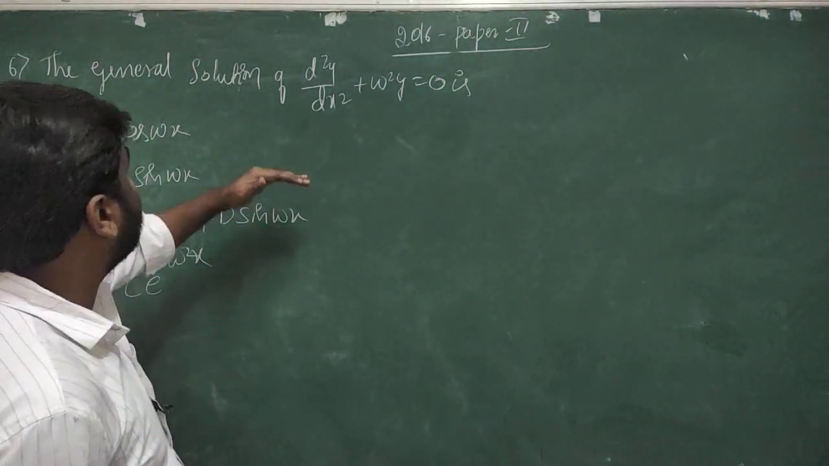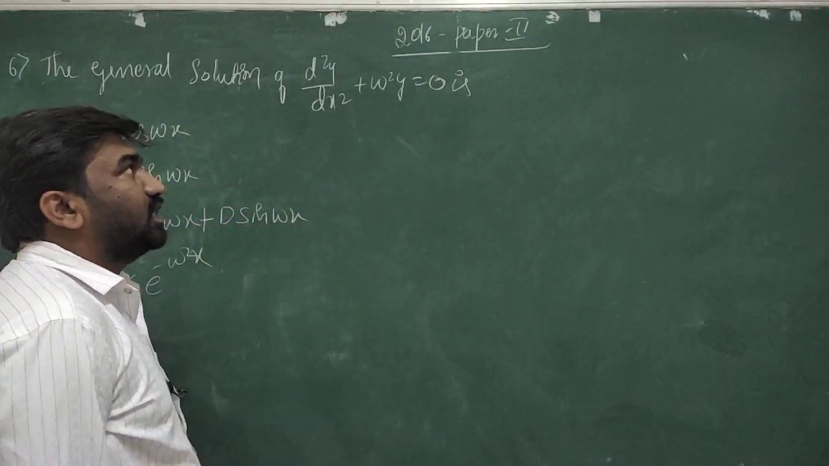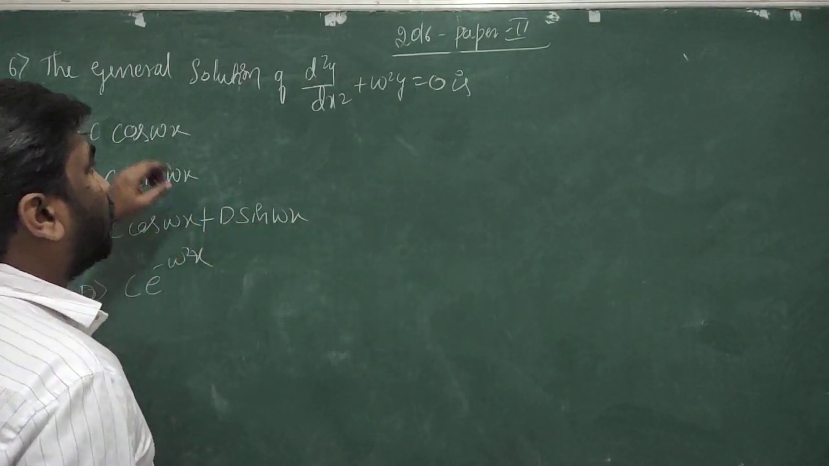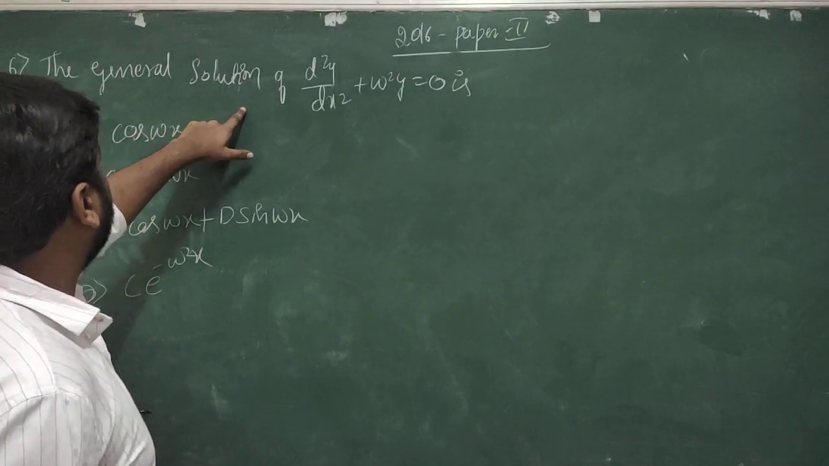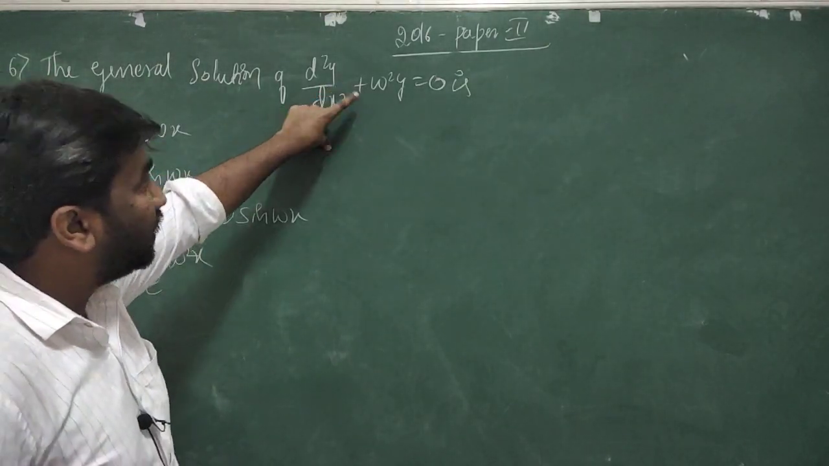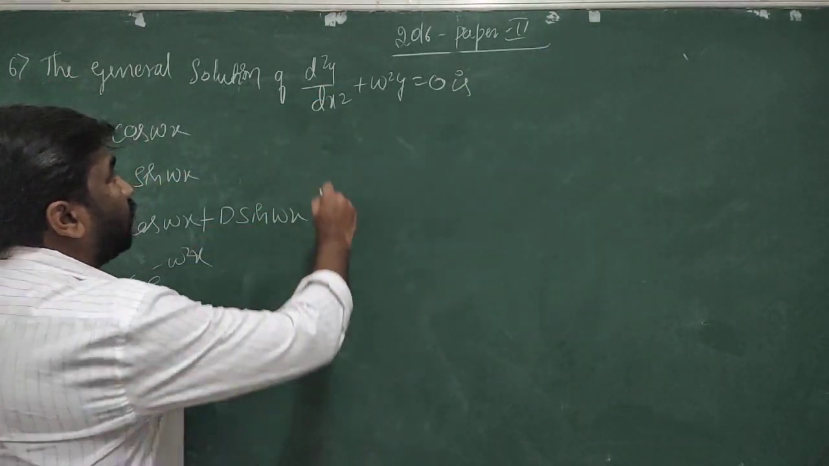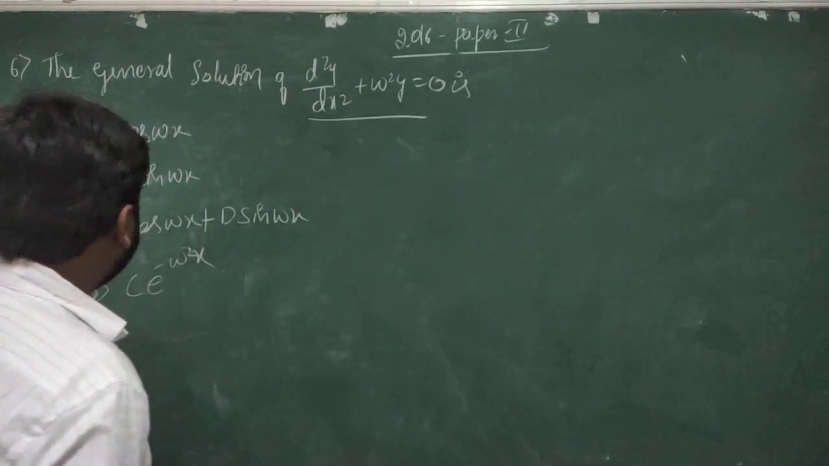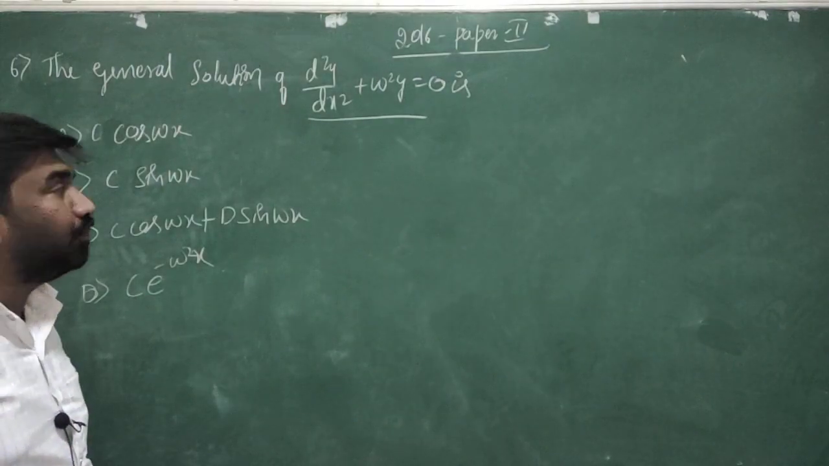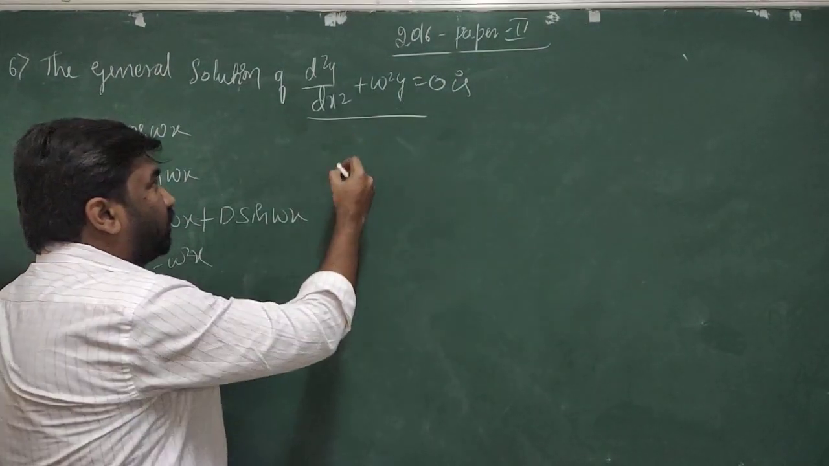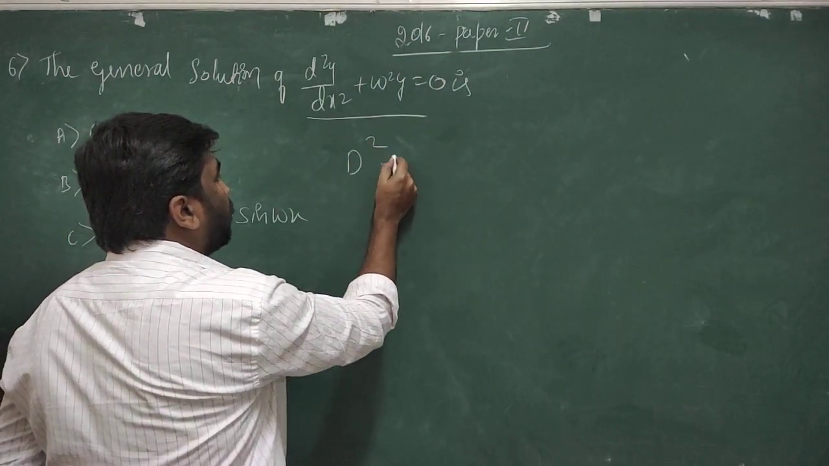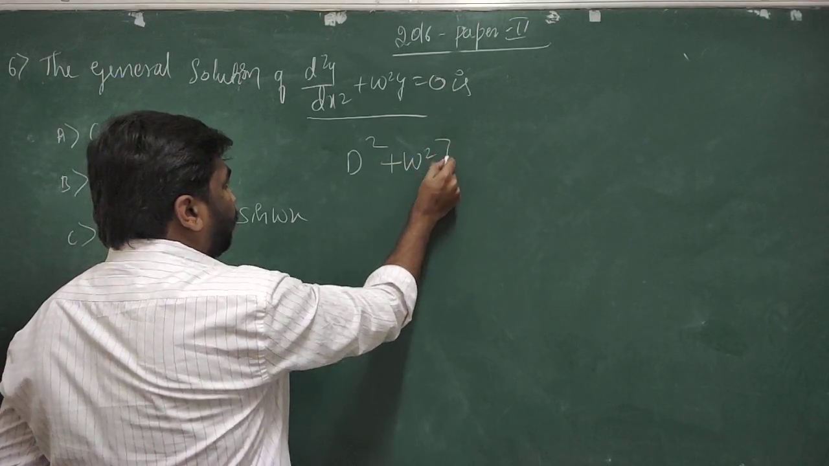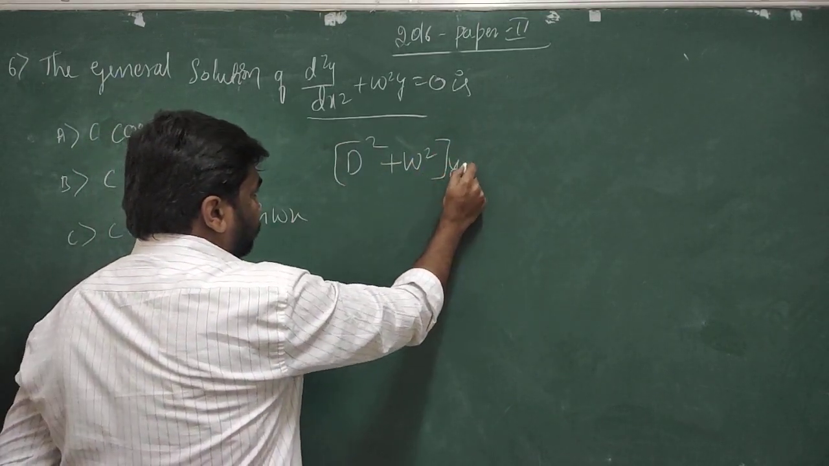So this is question number 6, 2016 paper, K-set question. The general solution of the differential equation d square y by dx square plus omega square y is equal to 0 is, so these are the options given. We know that this differential equation can be written as (D square plus omega square) y is equal